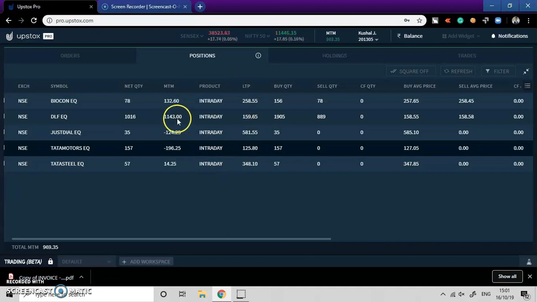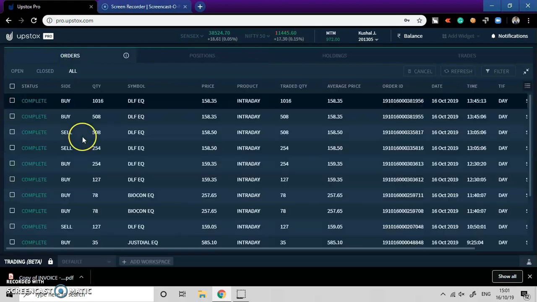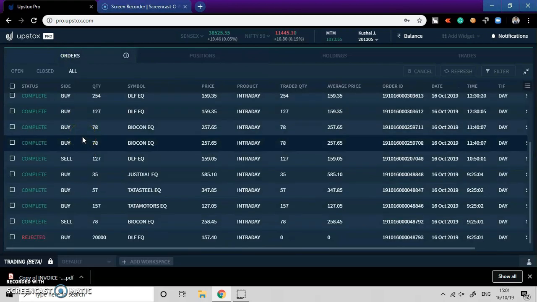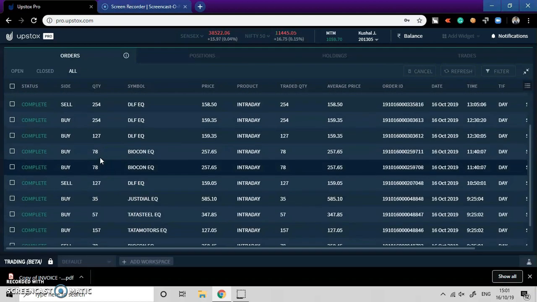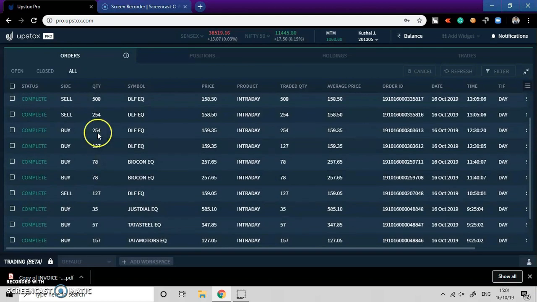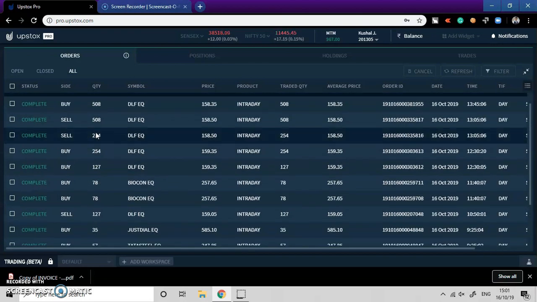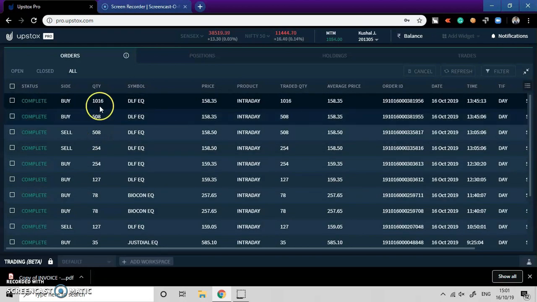So now it's 3 o'clock, and you can see right now I'm getting a profit of close to 971 rupees. So how did I get so much profit? Let us try to decode that. DLF is giving me a profit of 1,244. So after 4 consecutive losses, the 5th trade that DLF is giving me is going in my favor,